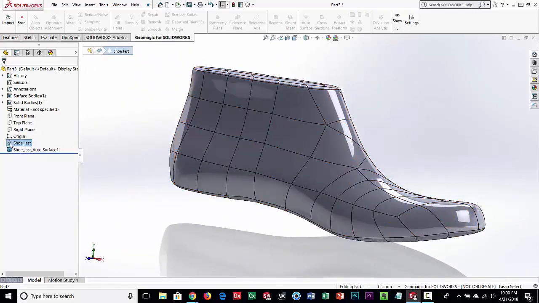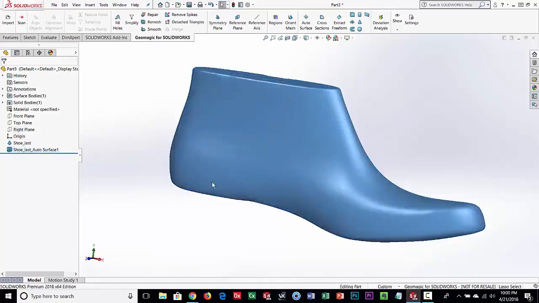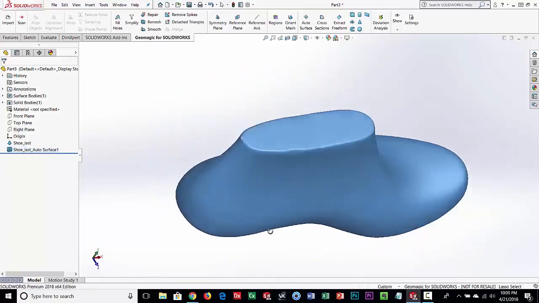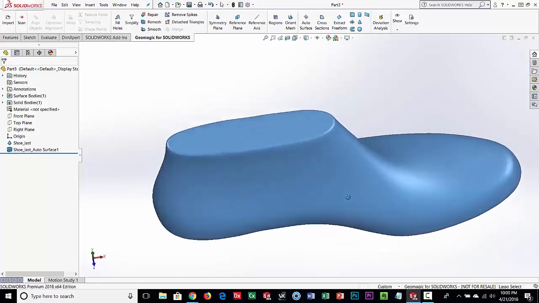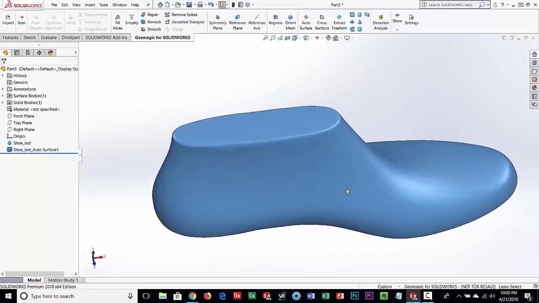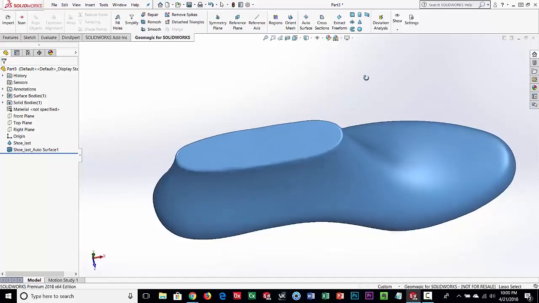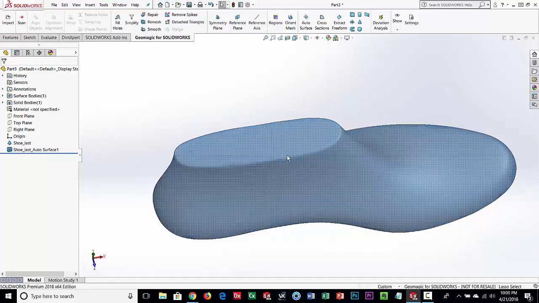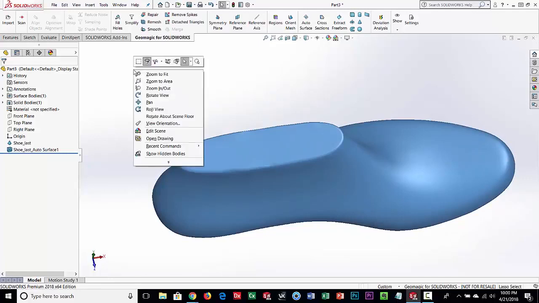So let's go ahead now, bring the scan data back, and let's hide that solid body. Because what I want to do next, and some of these commands we could do right on that solid body, but I actually want to show them on the scan data. So one of the beauties of this Geomagic for SolidWorks is I can cut sections and do a lot of stuff right from the scan data. So what I want to do is create a plane right here at this top, because that's pretty flat, so that'll allow me to do that.